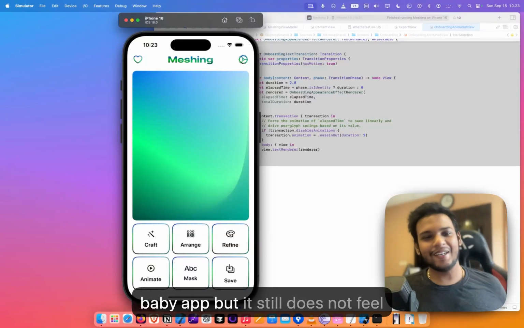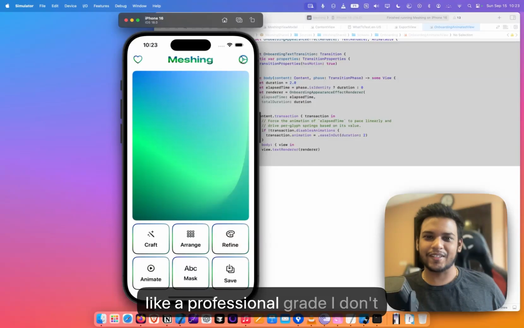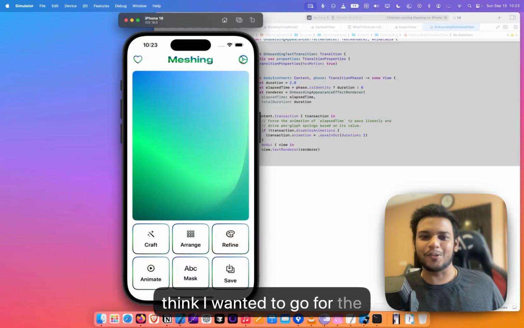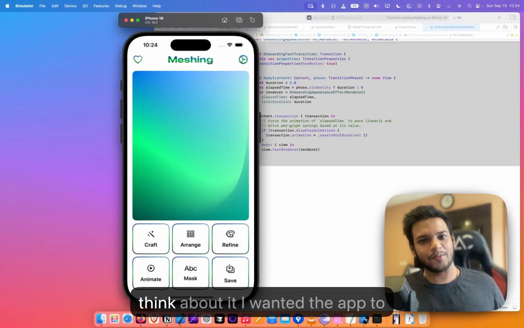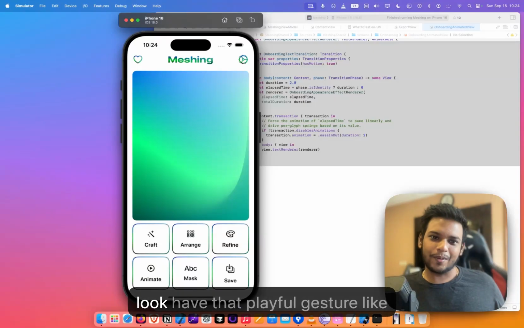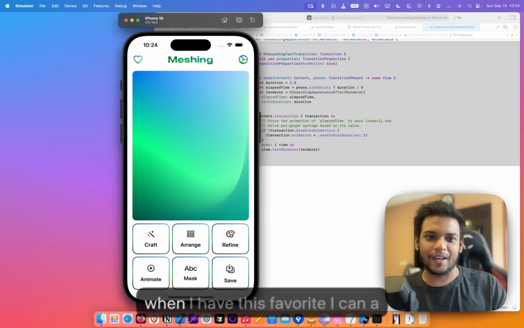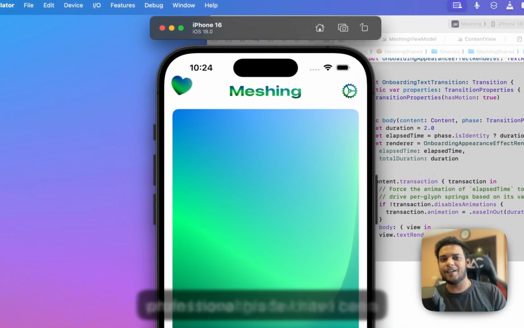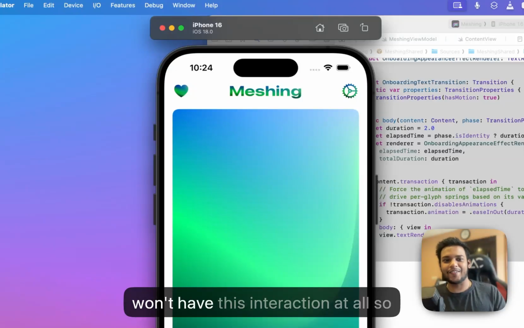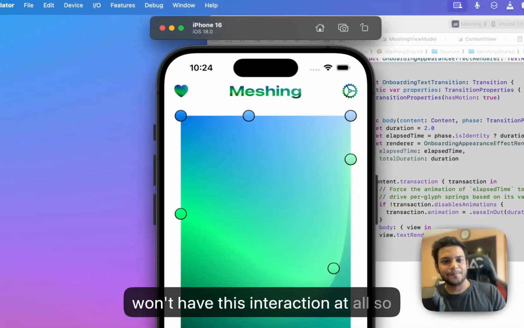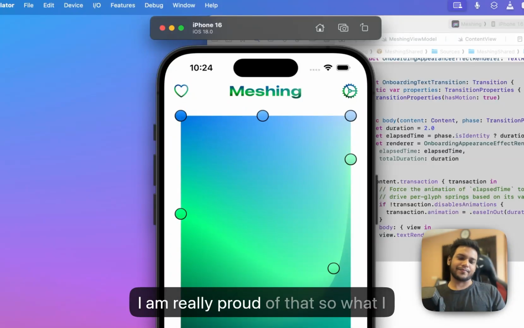No, not a baby app, but it still does not feel professional grade. I don't think I wanted to go for the professional grade. Now when I think about it, I wanted the app to have that playful gesture, like when I have this favorite icon. A professional grade app won't have this interaction at all, so I'm really proud of that.